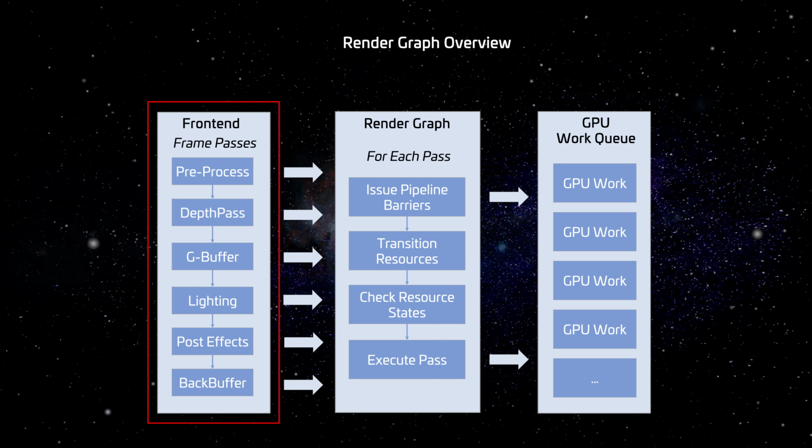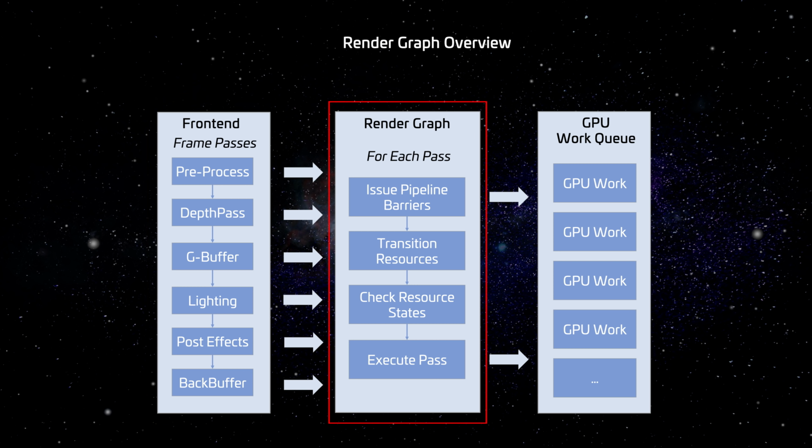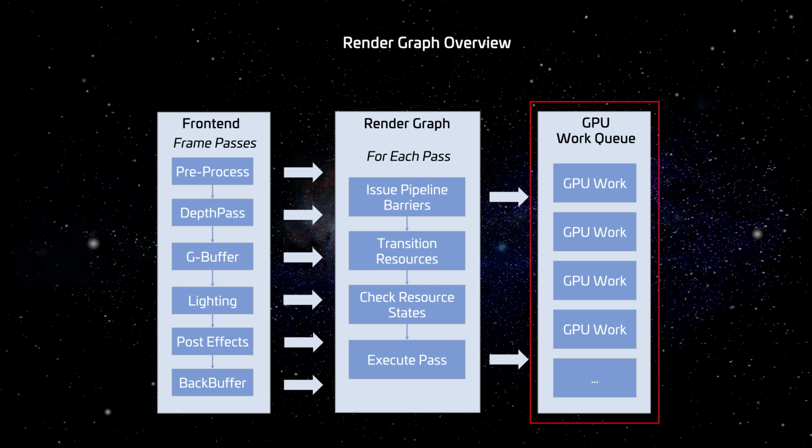The graphics driver used to do this for us, but now with modern APIs such as Vulkan, we need to carry out this work ourselves. What the render graph will then do is insert a pipeline barrier into the render graph and pass this work along to the GPU and switch the state. We can also cache the render graph and use any data we had from a previous frame or perhaps similar